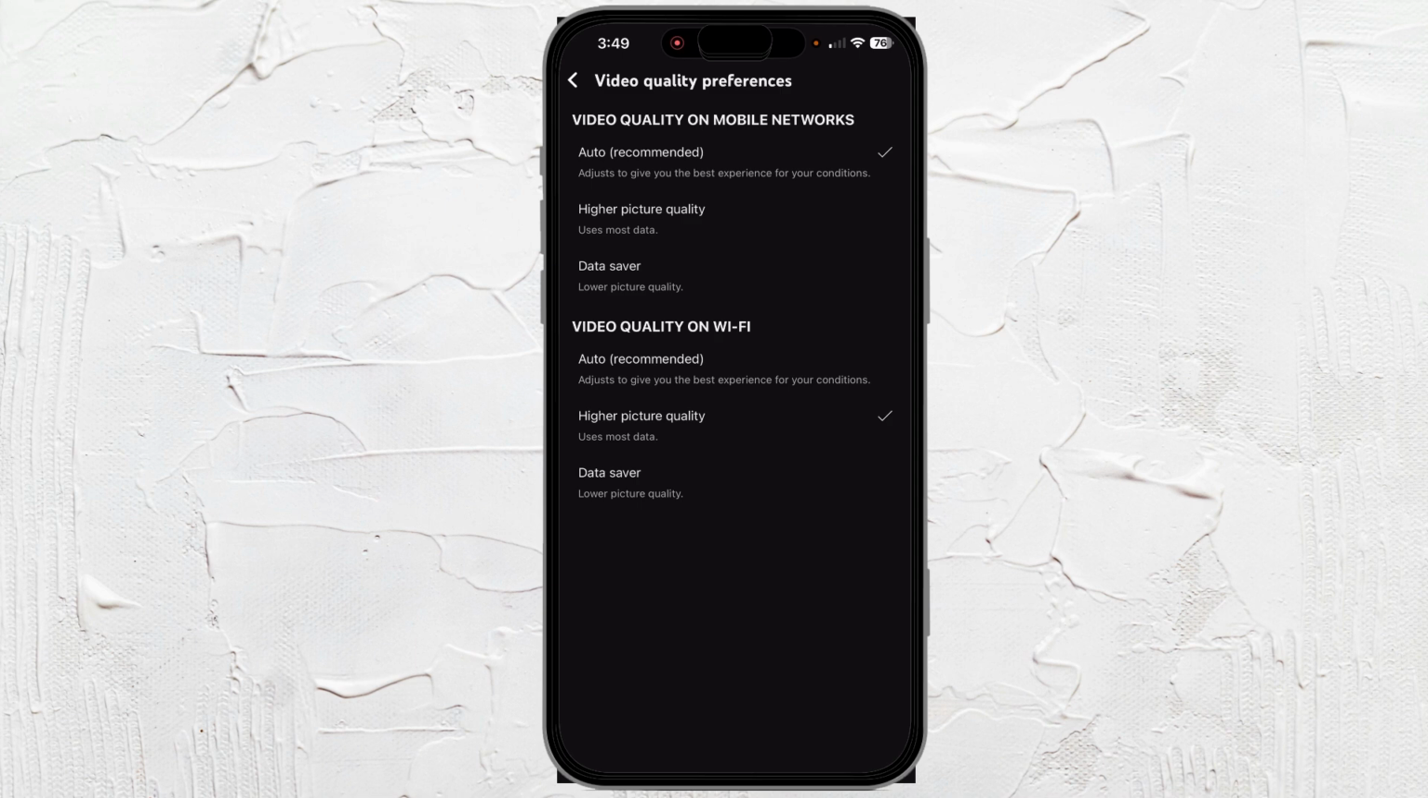So you can go ahead and specifically dial these in for when you're on your data or just on your own Wi-Fi here to have picture qualities that suit your needs. And that's it. Really simple, really easy to